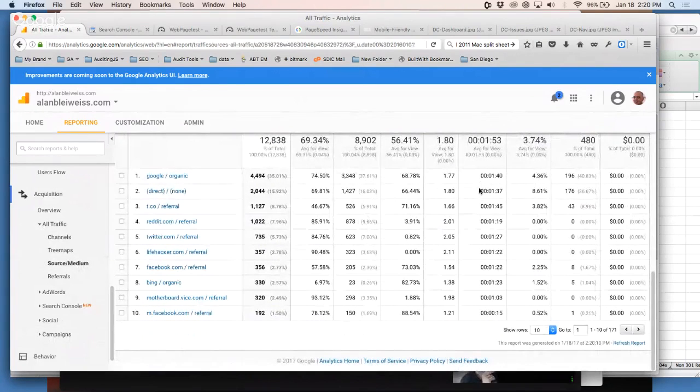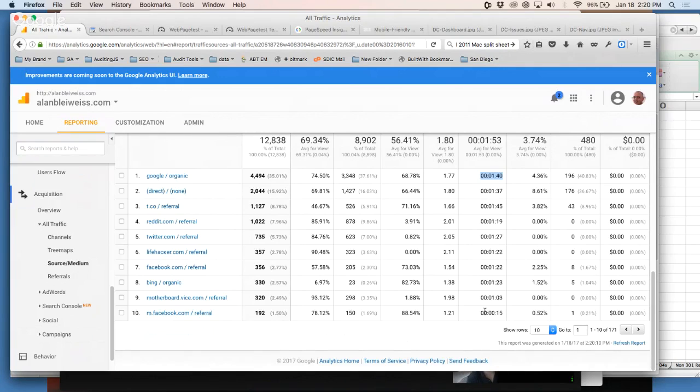And I can break it down by source medium and look at all these different channels, and I can see, well, okay, the average time on site is 1:40 from Google Organic. In this case, it looks really good, but the reality is this last row here from Facebook, the average time on site is 15 seconds. I don't get a lot of value from Facebook, but I don't put any real time or effort into it. My Facebook presence is actually private. It's not public, so it's a different ballgame for me, right?